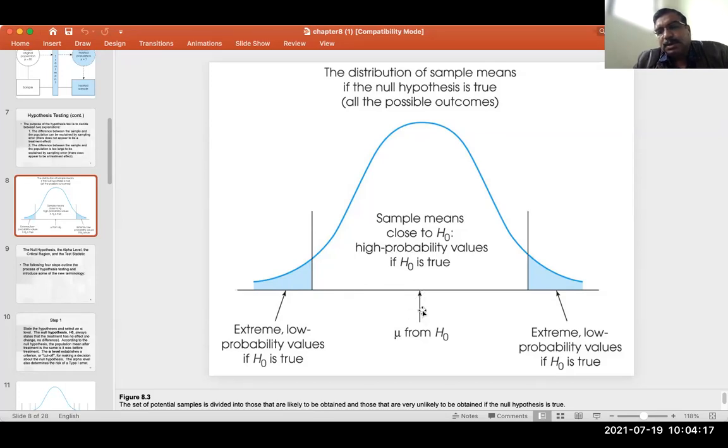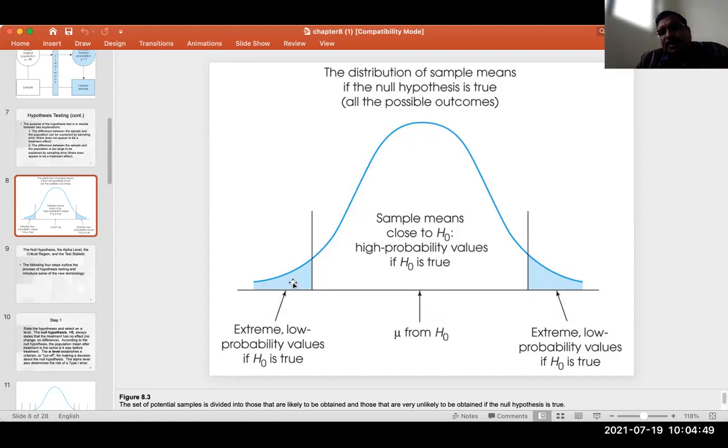Here in the middle we are representing the mean value. That means more likely the claim has to be accepted, right? And on this side we have the very low probability values, the extreme side. Getting the sample mean here has very low probability. So in that case,